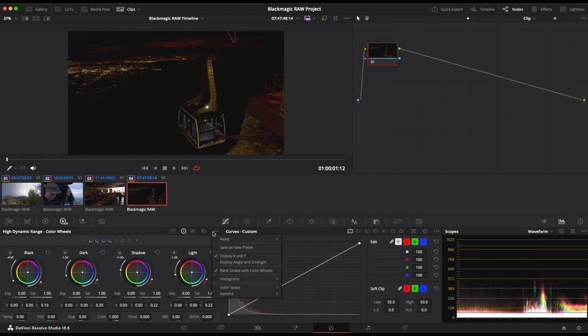you can just click here on those three dots and then uncheck the bank global with color wheels. And now you can see that the global is again right here, and now you can move only between the first three, which are the black, dark, shadow, as you can see, and then light, highlight, and specular. All right, perfect. So now the first thing we're going to do here on our node is